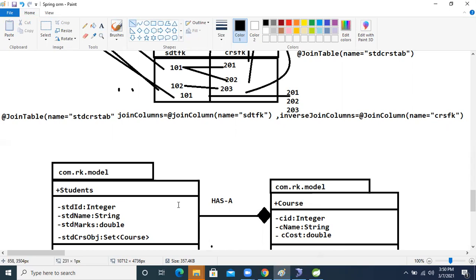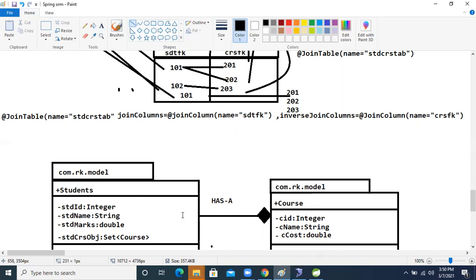But Raj is doing what? Three courses, right? So for that, S1 dot get marks, this object. Now add. I'm adding the object.